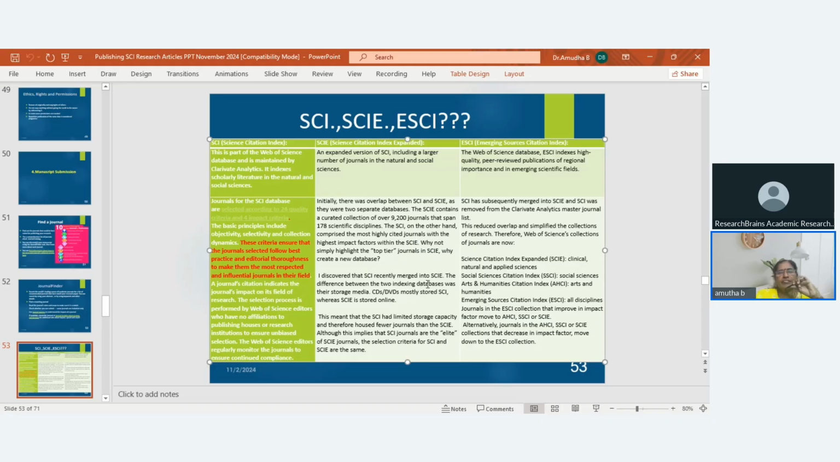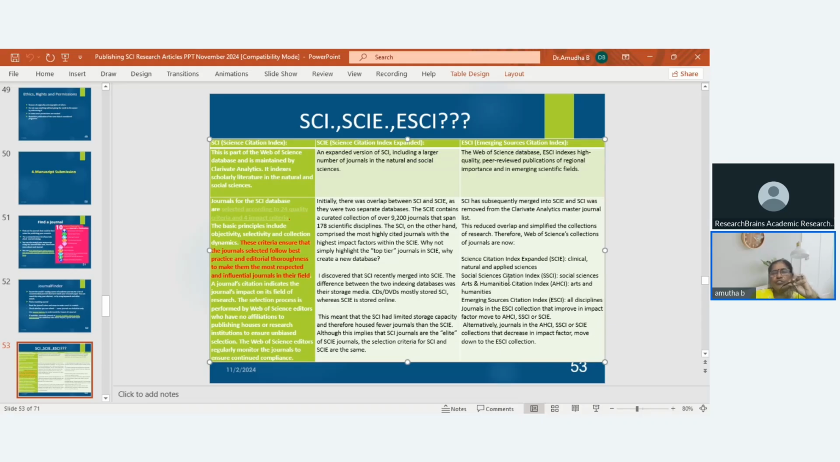Because of the two indexing databases, their storage media are different. CDs and DVDs mostly stored SCI, whereas SCIE is stored online. It's the information I got from the internet, and that is why we are going for SCI indexed journals only. And SCIE we can also go for. But in comparison with SCI and SCIE, ESCI does not have that much